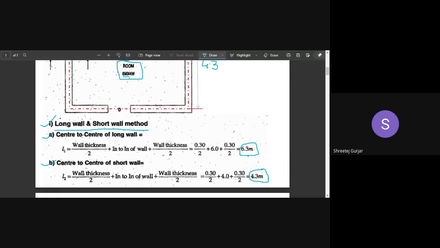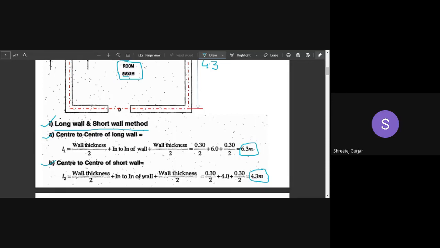Those who are not copying down, I prefer you to write it down simultaneously and solve it with me, because practice is very important for this subject. Without practice, solving your problems directly in your exam will be very difficult. It is just like RCC, wherein your problems are very long and it will take time. You need practice to solve it in time.